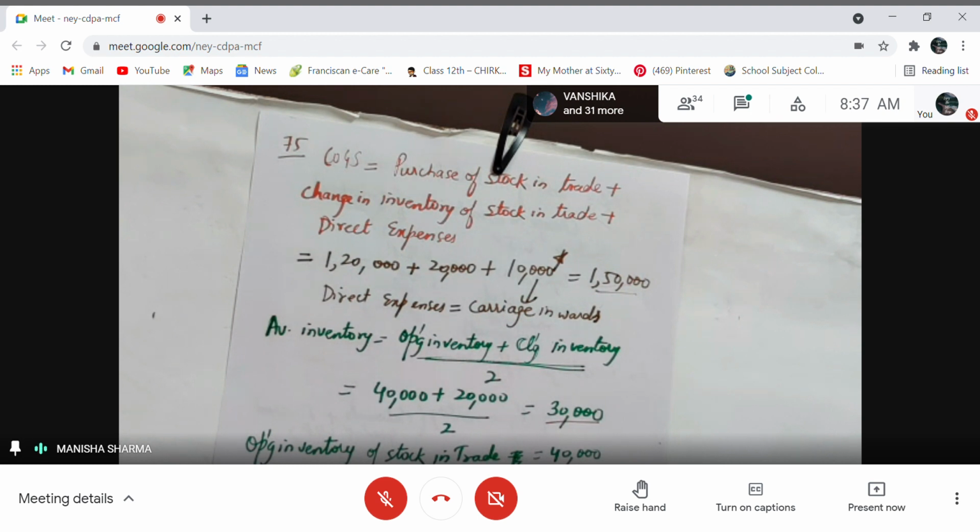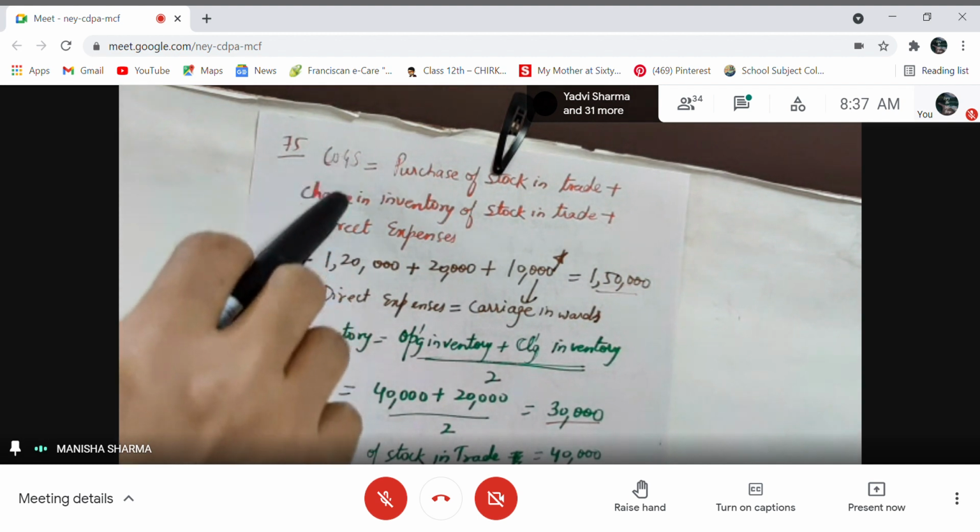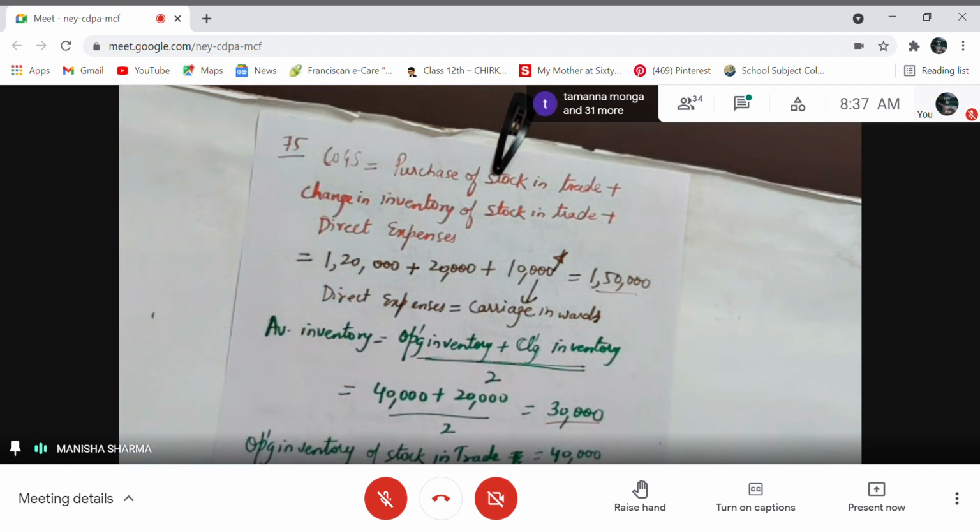I've left that question. You do 74th. We've done a lot of similar treatment of opening inventory and closing inventory. So please come on to the illustration where the extract of the balance sheet is given. All of you open. Okay. Since the extract is given, it means we have to find the information ourselves. If you remember, I told you, when an extract of profit and loss is given to you,